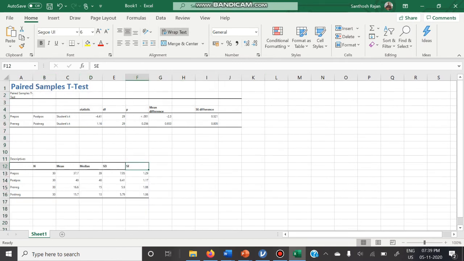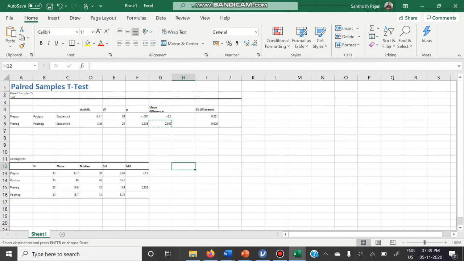Removing this standard error column from here, we don't want to show it in the table. Adding mean difference, copying the mean difference from here.